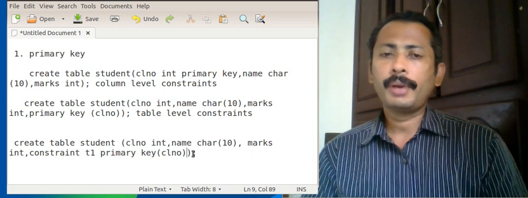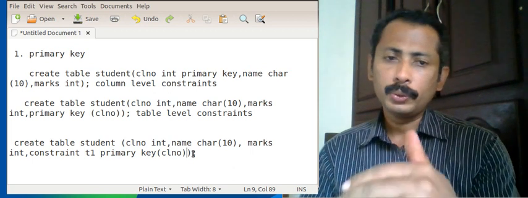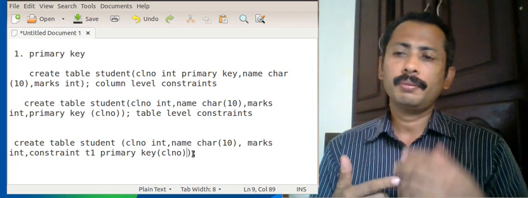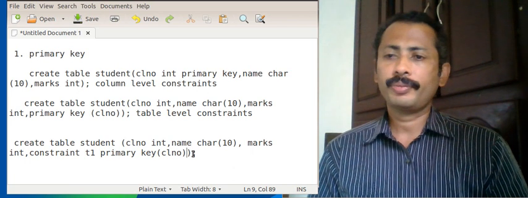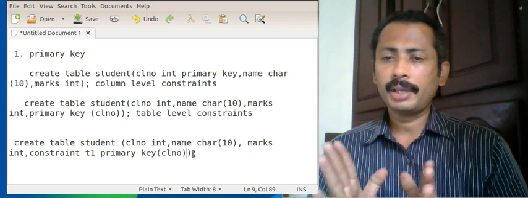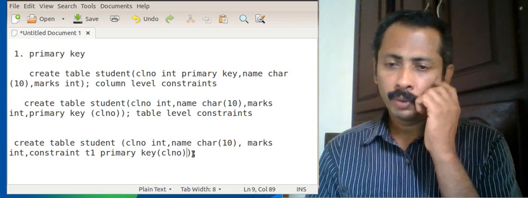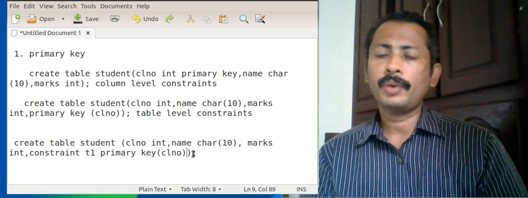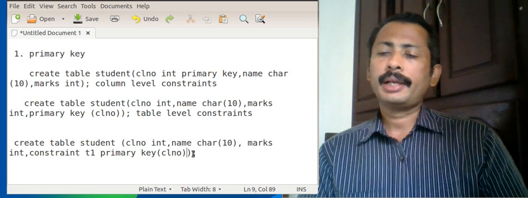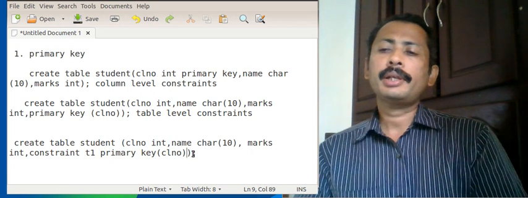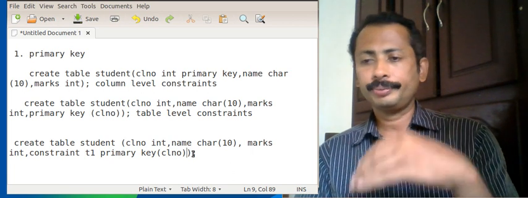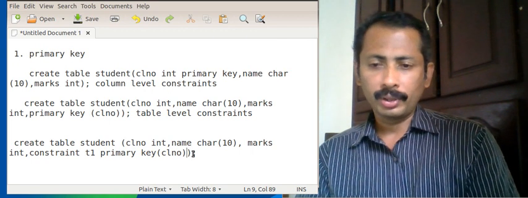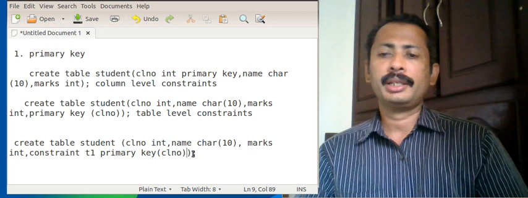Here we are using only the primary key constraint. So I have shown you the three methods of defining these constraints. Everything works similarly. The column level and table level constraints work exactly the same. The third one has a name for the constraint so that it can be removed if necessary at a later stage.